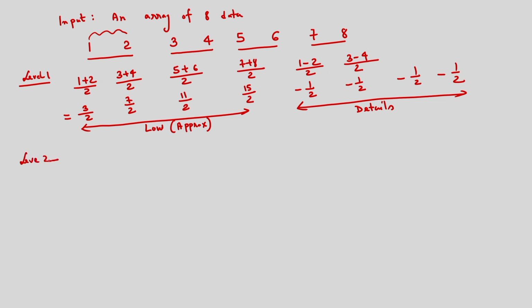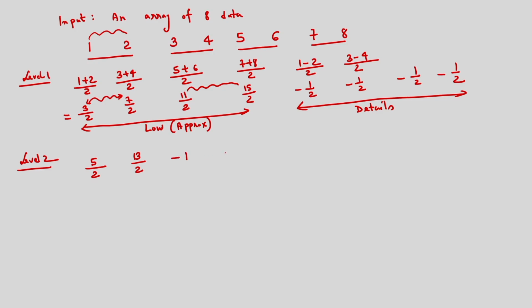In level 2 decomposition, what am I considering? I am determining 5 by 2, because my samples are 3 by 2 and 7 by 2. If I consider these two, I will be getting the approximate component, 5 by 2, and 13 by 2. If I consider these two components, I will be getting 5 by 2, 13 by 2. And after this I can determine the detail component.